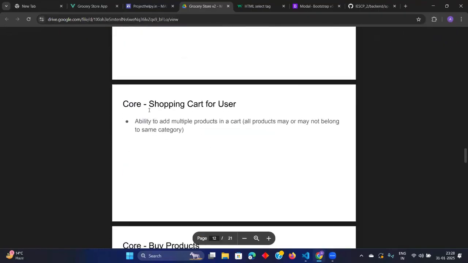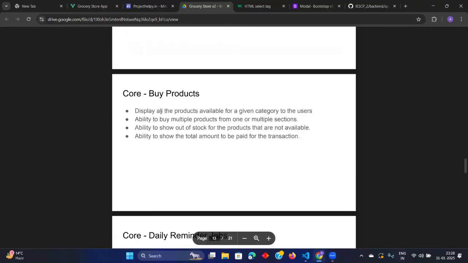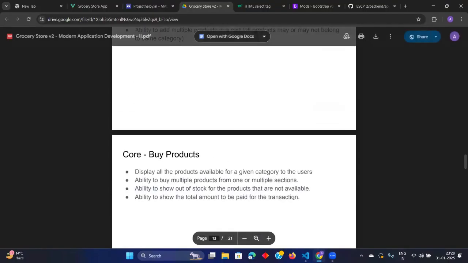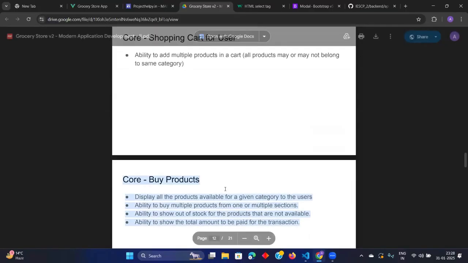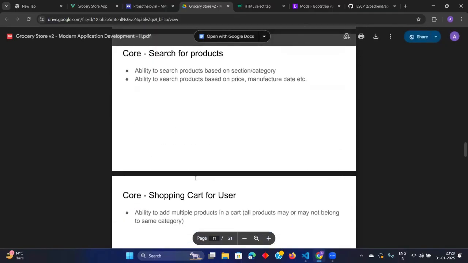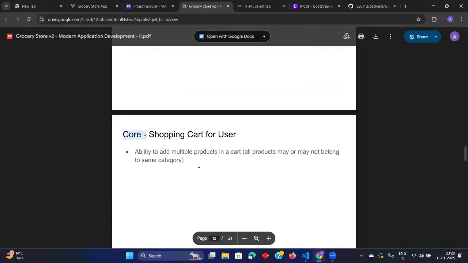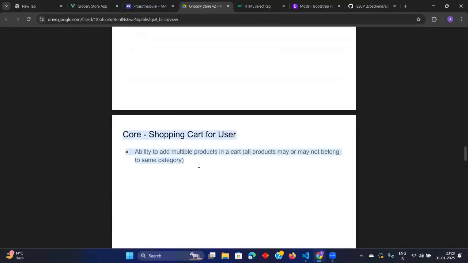If this completes, then we will do the cart for the user also, because for that scenario we have to create the complete user dashboard, right? And then buy products, so this should also be there. These two things we can do in the remaining day after tomorrow. Then on third Feb, we will just do the wrap up of everything which we have done.